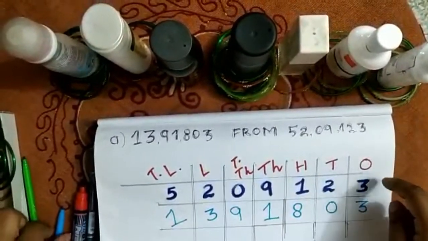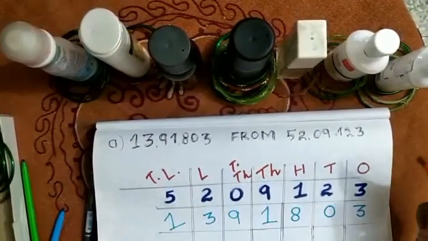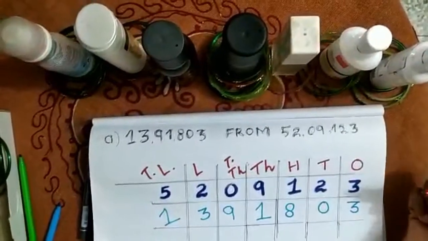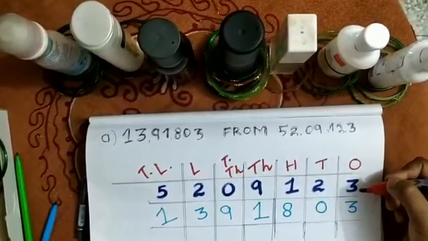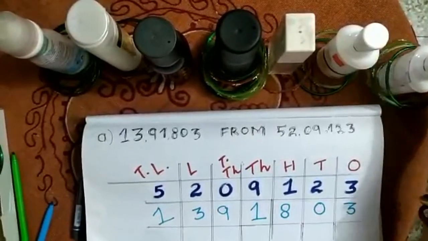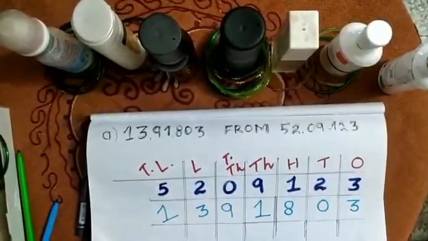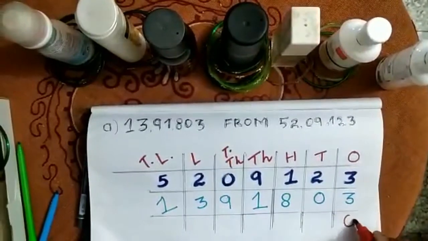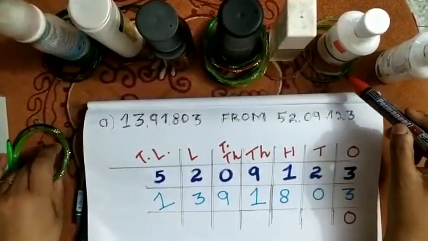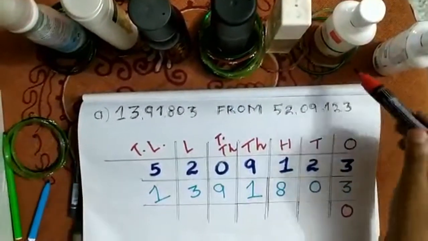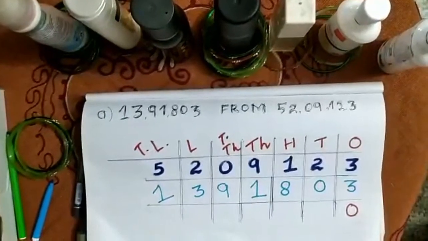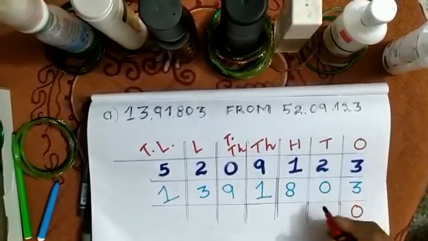According to the rule of subtraction, we will start from the ones place value towards the extreme right side of the number. So 3 ones minus 3 ones. So 3 ones is already there. I'll take away 3 ones. So what is left? 0. Now come to this tens place value. From 2 tens, 2 tens is already there. I'll take away 0 tens. So I will not take away anything from it. So 2 is left. So it is 2 tens.